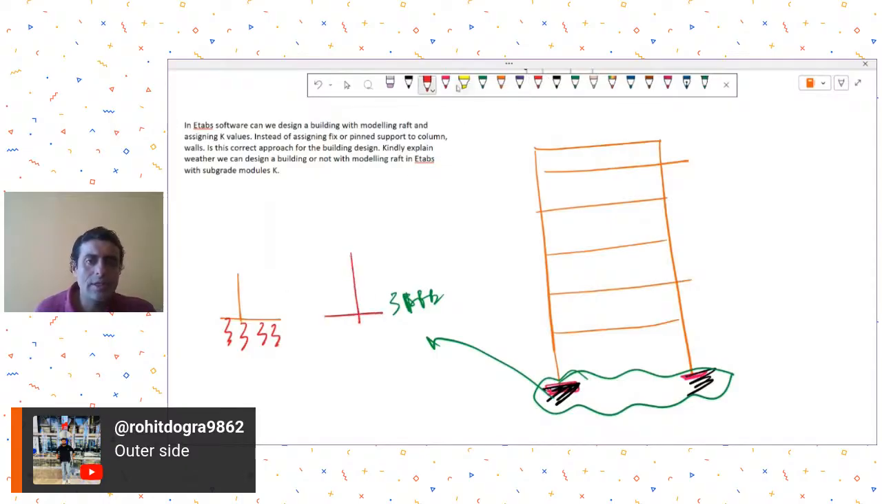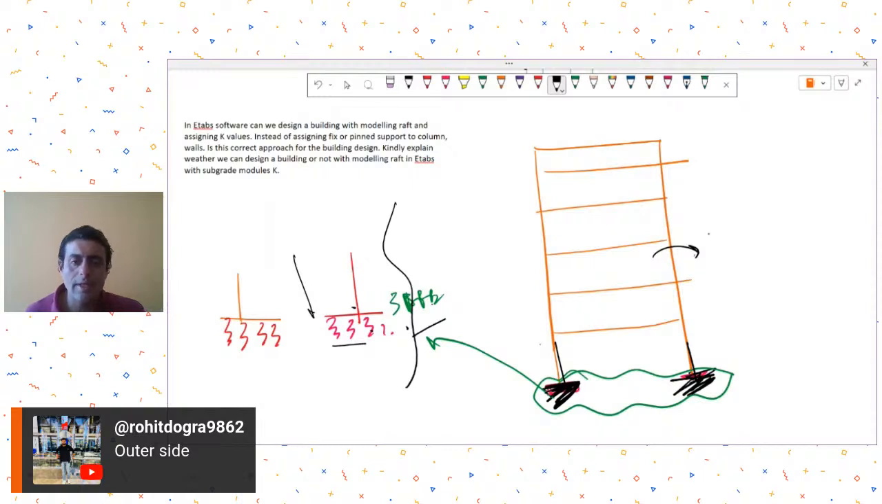So his question is that if you are assigning subgrade modulus in SAFE, then in ETABS you had assigned fixed supports and done the analysis, and when you took it to SAFE, you suddenly applied subgrade modulus or spring stiffness. So will it not affect your analysis results? Very good point he has raised. So if we provide a fixed support in ETABS, take it to SAFE, and then do the design in SAFE assuming spring supports,